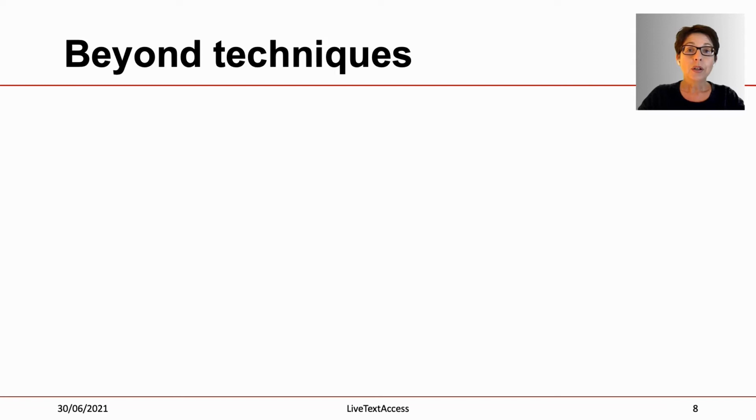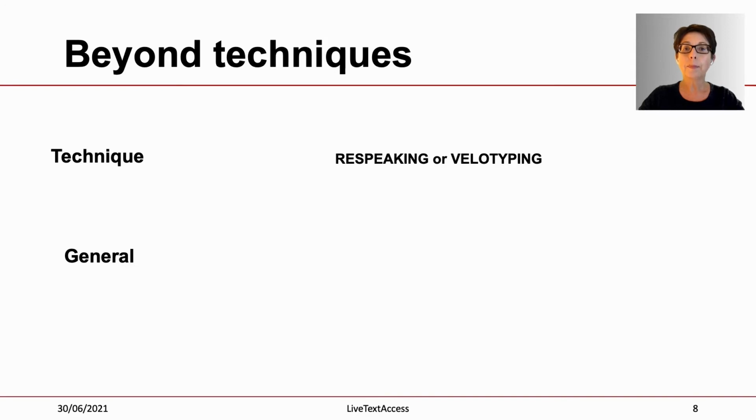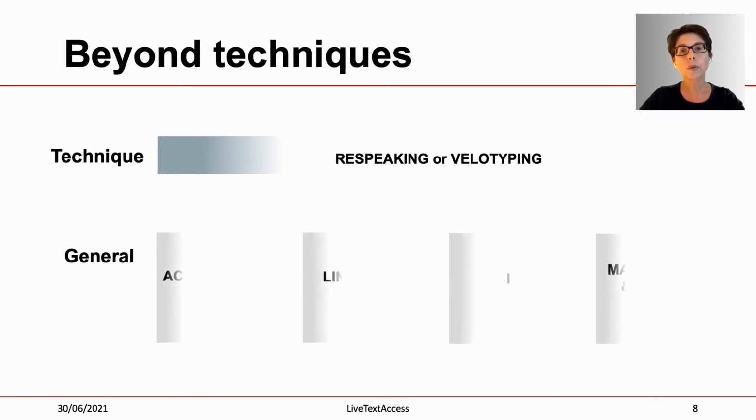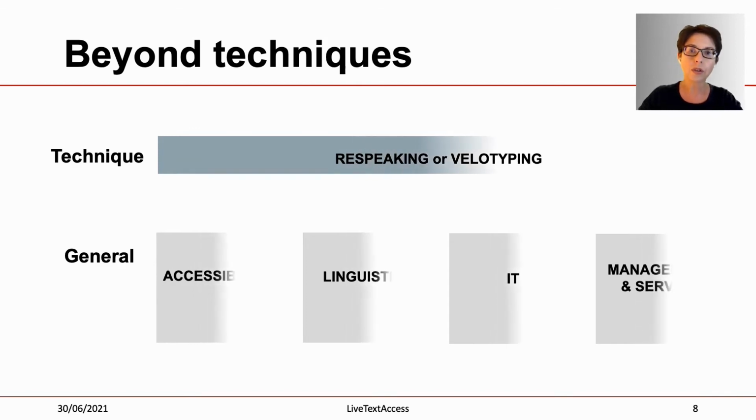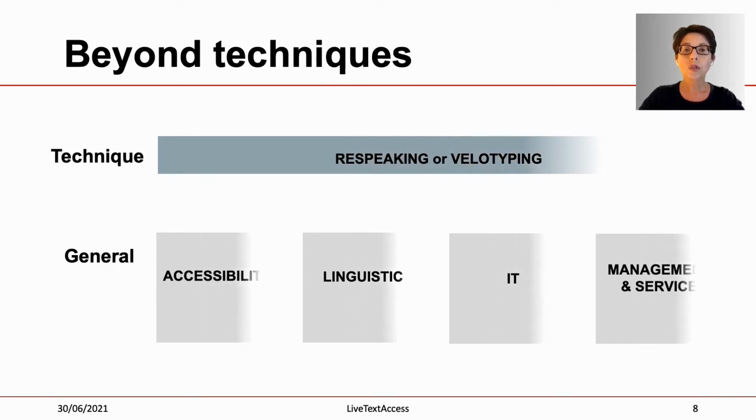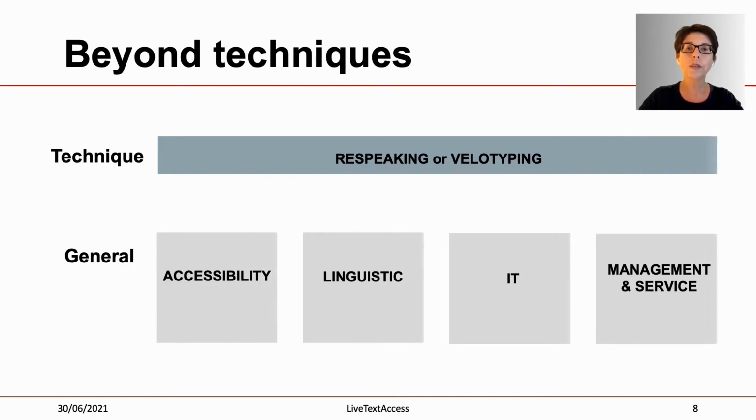Becoming a re-speaker or a velotypist goes beyond dictating to a computer or typing very quickly. A professional also needs other skills to build up a business of their own or to find a job. For this reason, the LTA course has both units that are dedicated to the techniques, speaking or velotyping, and also general units that will enable you or your trainees to progressively acquire other but necessary skills.